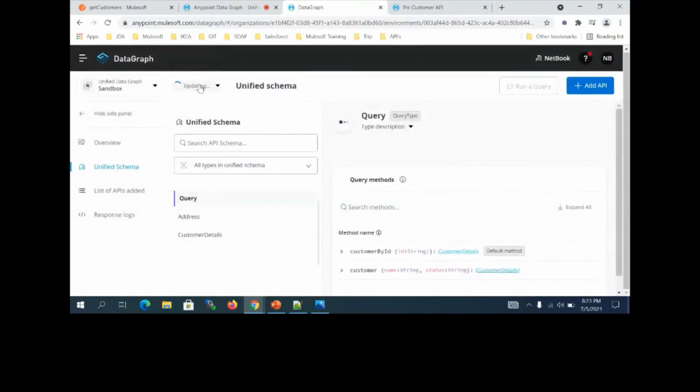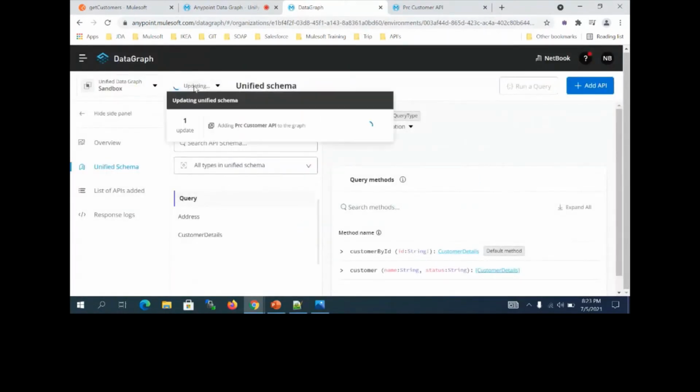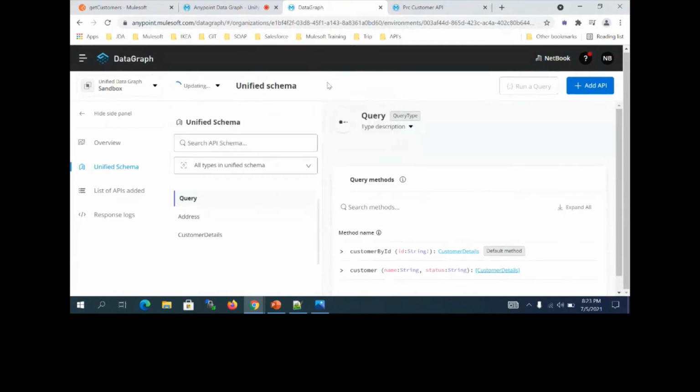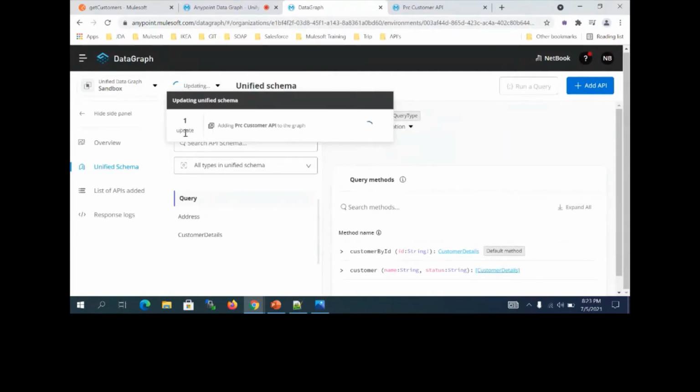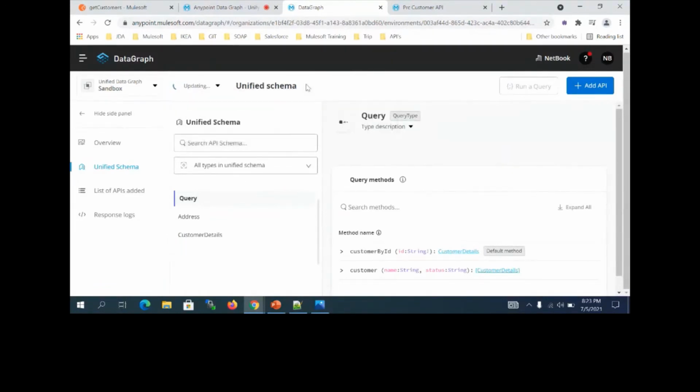Now what is happening over here, you can see it is updating your unified schema with this process customer API to graph. That means you need to wait till it updates. As soon as it updates, it is going to show the status over here as up to date. You need to wait for that up to date, and only then can you access this data from the unified schema.